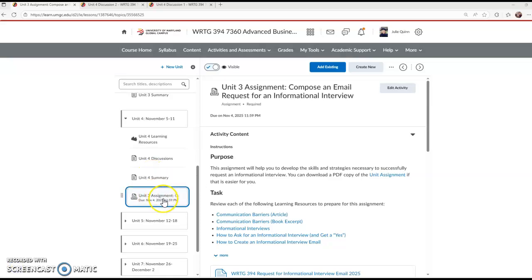One of the things I forgot to do, but I've fixed now, is that under Unit 4, which is the unit that starts tomorrow, you can see the draft date of your email request for an informational interview. I'll be working on giving you feedback at the beginning of Unit 4, somewhere between tomorrow, Wednesday, and hopefully Saturday morning at the very latest. It just depends on my other teaching schedule and committee assignments. But I'll do my best to get you that feedback, and then you can revise. This is a smaller assignment, and it'll be due by the 11th. I'll put those dates in the overarching announcement as well.